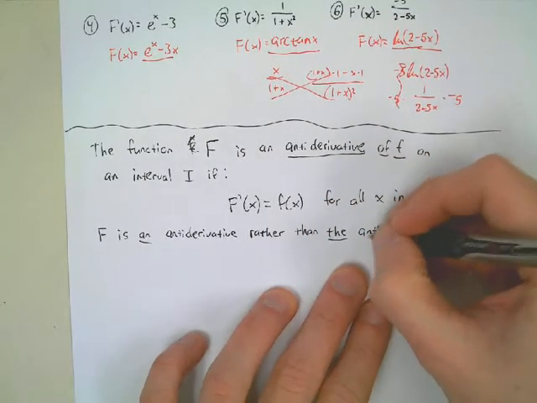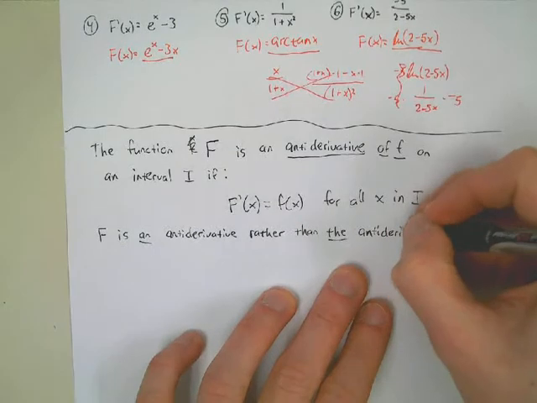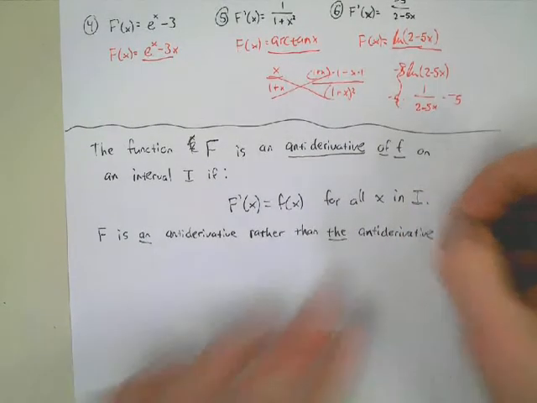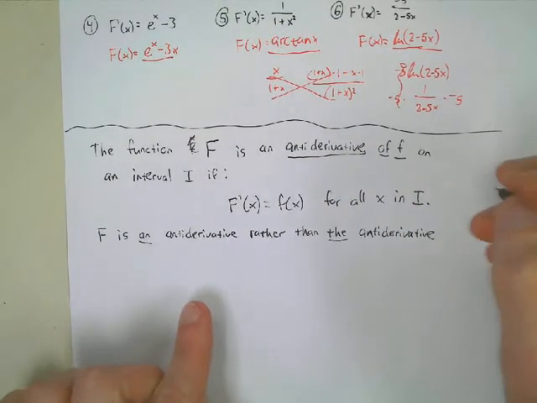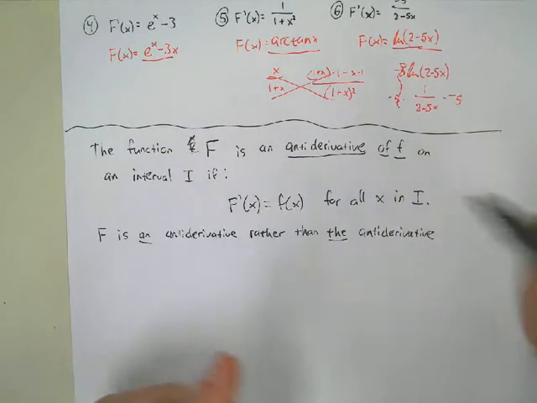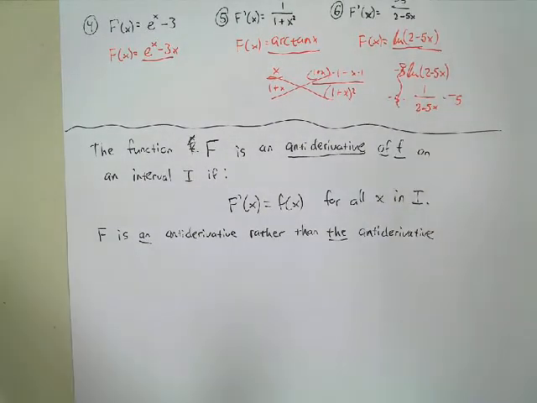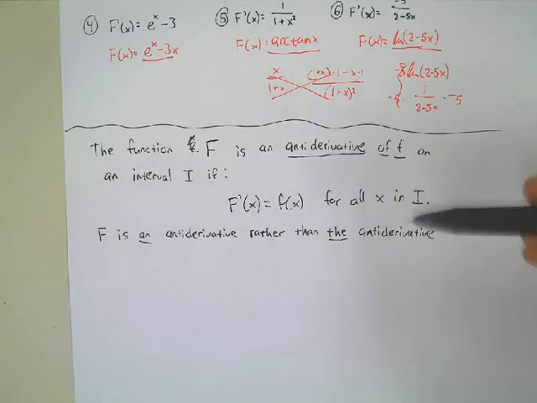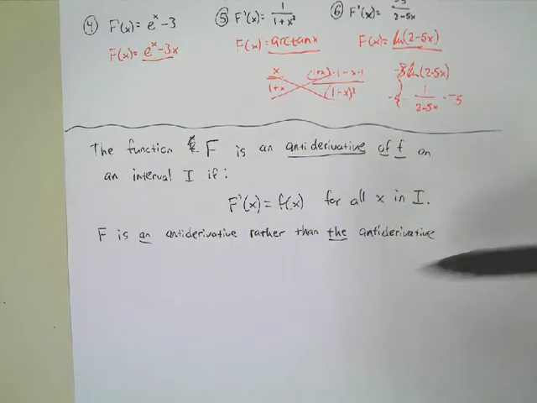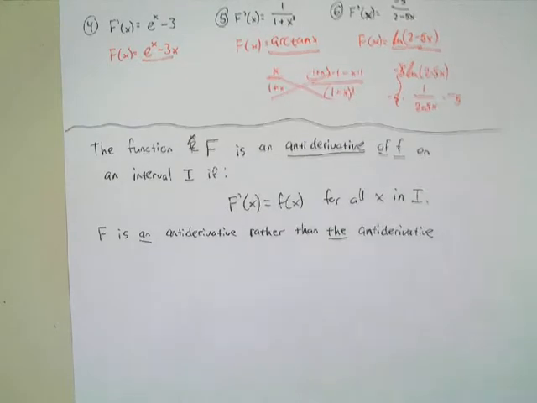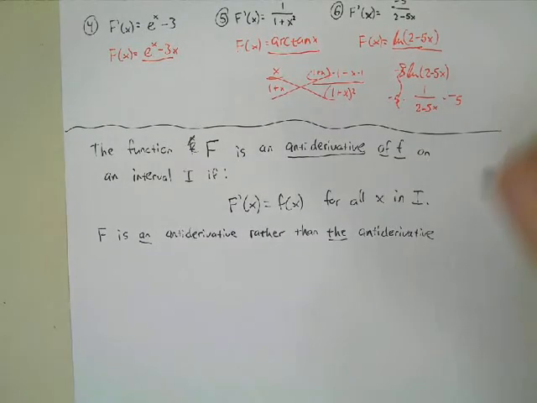Do you guys understand the point I'm trying to make there? There could be more than one antiderivative. And you might think, oh my gosh, how many different options are there? Well, there's an infinite number of antiderivatives, because of all the different constants it could be. There's not going to be just one antiderivative for a given function without more information given. So F is an antiderivative rather than the antiderivative